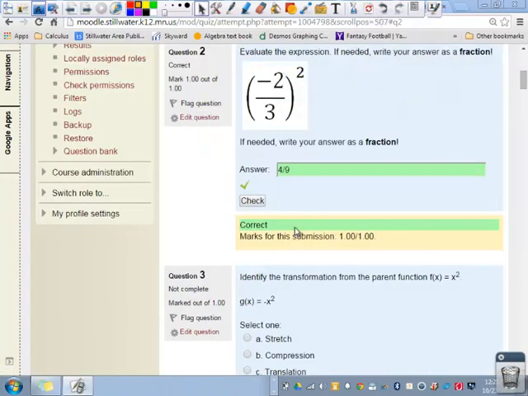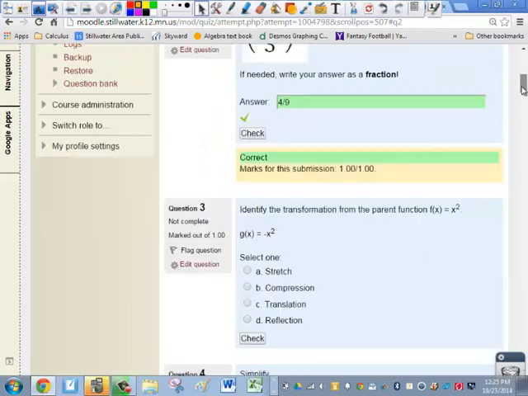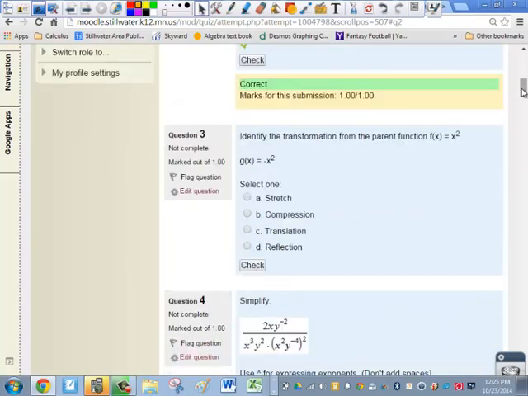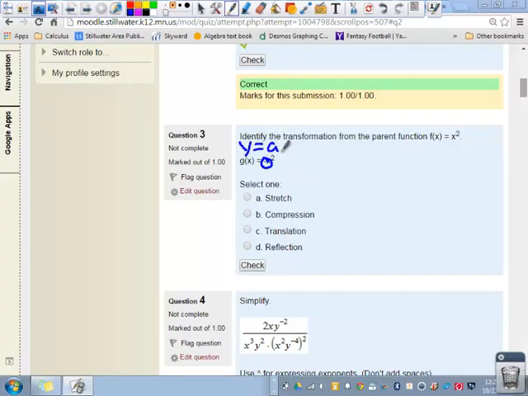Okay. Now we need to move on to number 3, and we want to identify the transformations from the parent function of this to this. Oh, this was a lot easier than the first one. The only thing that's happening is there's something going on here in front. So if we go back to our formula, y equals a(x minus h) plus k, we're just focusing on this a, and the a is negative,